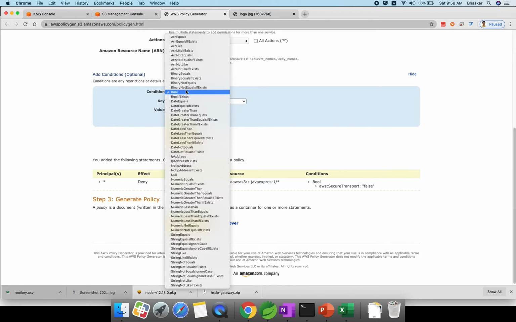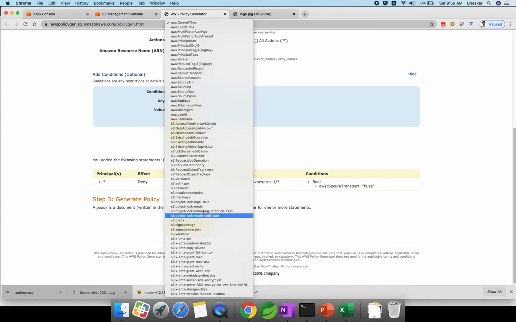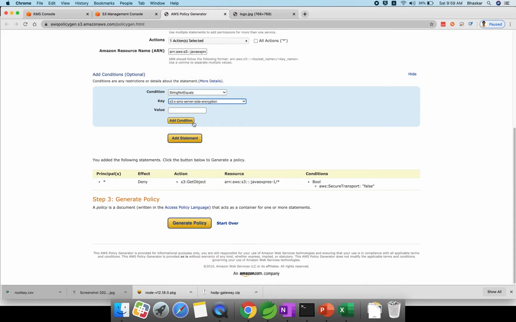Check StringEquals, or StringNotEquals. Here I will look at the server-side encryption header. This is server side; I explained this header in the encryption part. Click here, AES256, and you know what AES256 is.